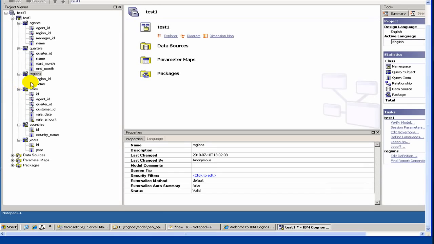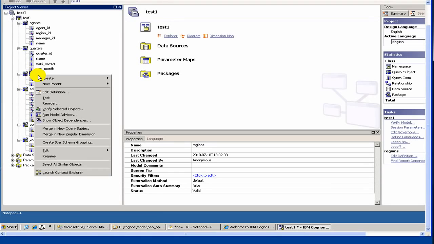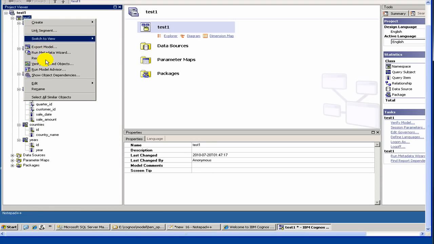I have added the column called country in region. So we have to re-import the regions query subject. Let's do that. We again run Metadata Wizard, and you have to select it at a root level,